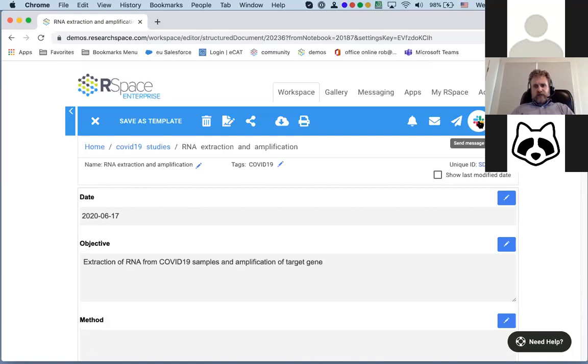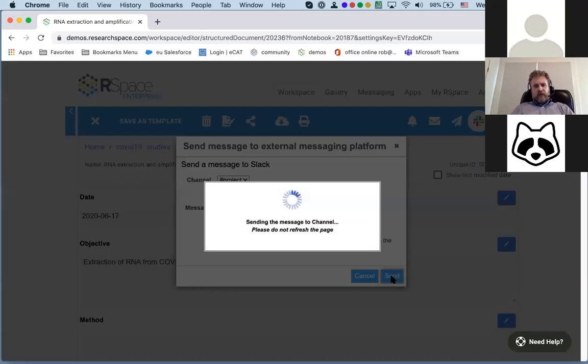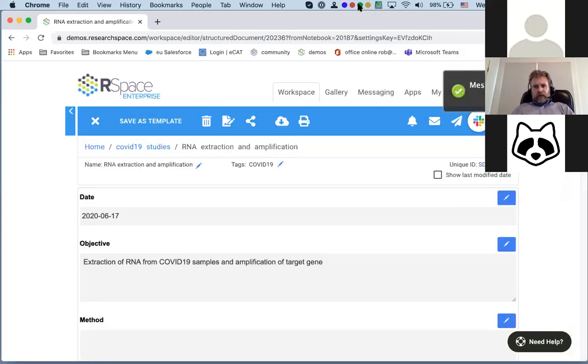So what I'll do is click on the Slack icon right here, and I'll say, hey Anita, I am going to invite you to join my lab so that we can collaborate on this document. And you'll notice that I picked a channel here already that I know Anita is watching on Slack. So now I can just say send, and that will automatically send a